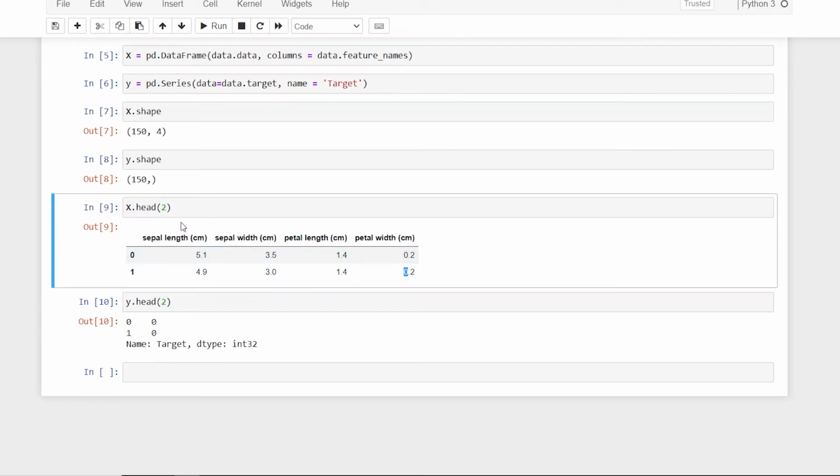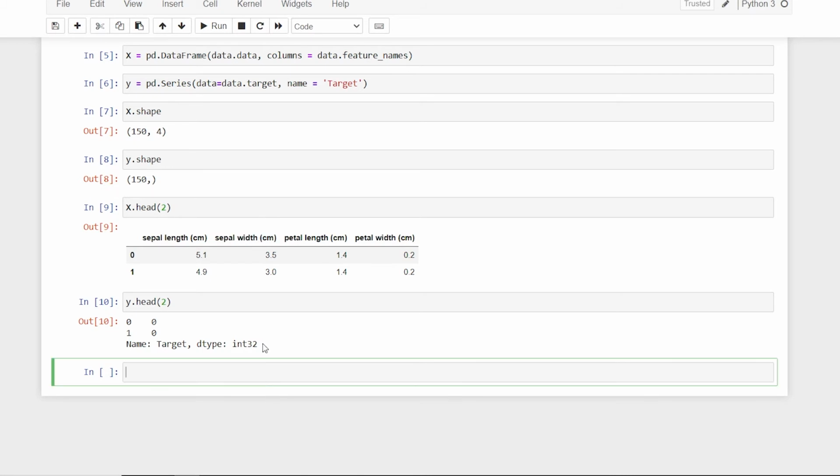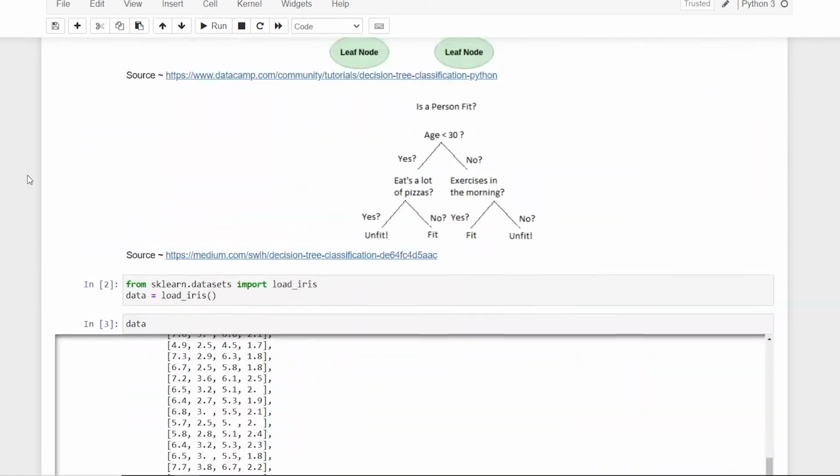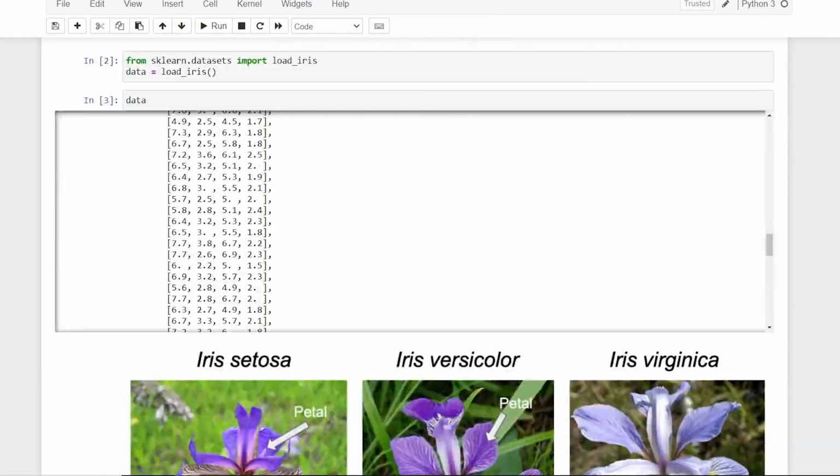So the way the tree is going to work, it is going to go, let's say, in sepal length, check with respect to what is the outcome, then sepal, so yes, no. All right, yes, no, yes. So there will be actually 3 outcomes, to be precise. So the tree is going to look quite complicated as it seems, since here I have only covered the binary problem in order to explain you the concept.